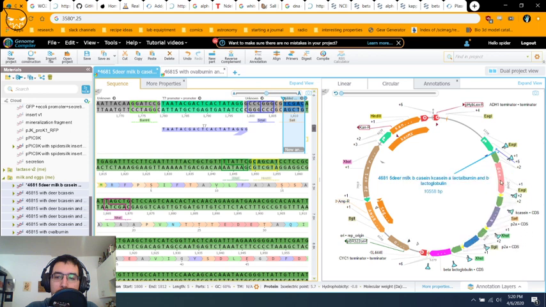So we've got beta casein and kappa casein. These are the proteins that give milk its white appearance. It's the majority of protein that makes up cheese, for example. So it gives it that milky appearance. The blue and the pink are alpha lactalbumin and beta lactoglobulin, which are the proteins in whey. So it's basically going to be a really protein-rich mix. And they all have the secretion tag on them, so that way